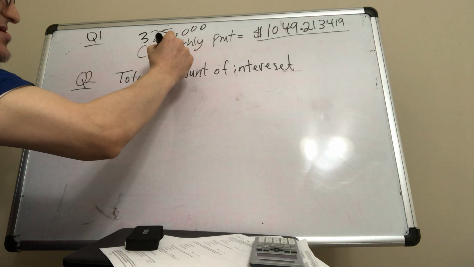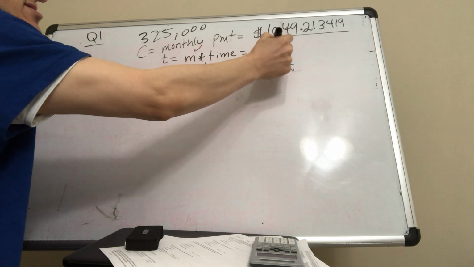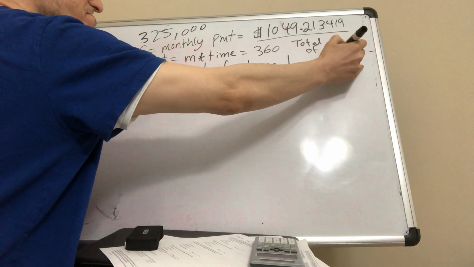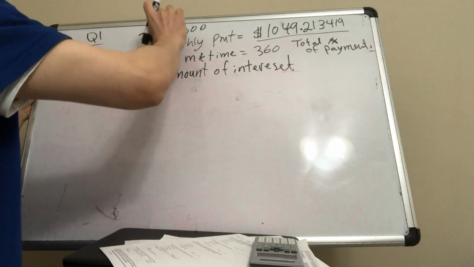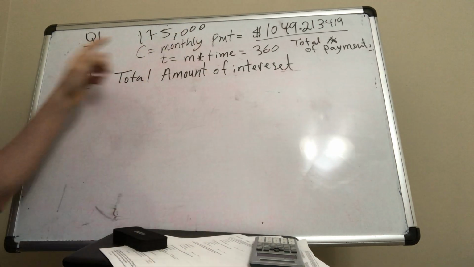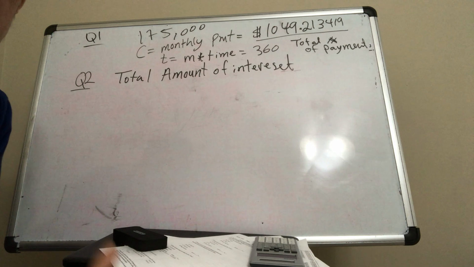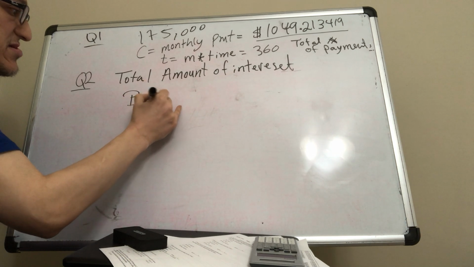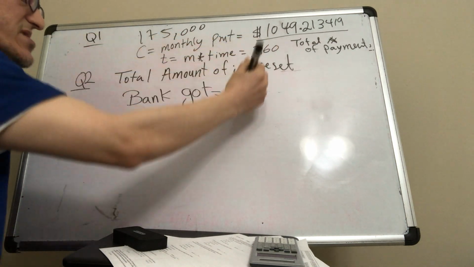Now remember, we figured that T, M times time, is 360, and this represents the total number of payments. So you take a loan of 175,000 after the down payment. You make this payment 360 times. We know that payment includes interest. What's the total interest? So you ask yourself, how much did the bank get from us? So the bank got this payment